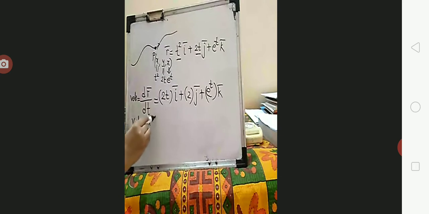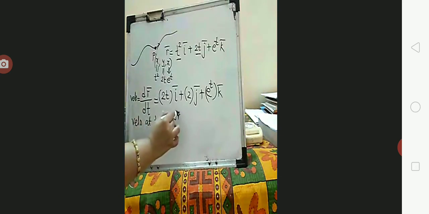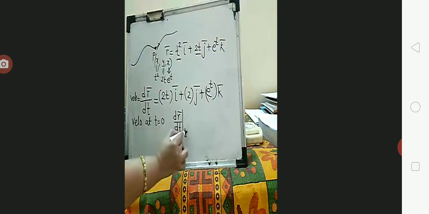So velocity at t equal to 0, how do you calculate this? You just take dr bar by dt and put t as 0. When I put t as 0, I am getting 0 times i bar, so there is no need to write it down. Then we get 2z bar. e raised to 0 is what? 1. So we get this velocity: 2i bar plus 2z bar plus k bar. Yes. So the magnitude of this is what? It is going to be under root 4 plus 1, that is root 5. So this is per second, or depending on the time variable, you will define this velocity.